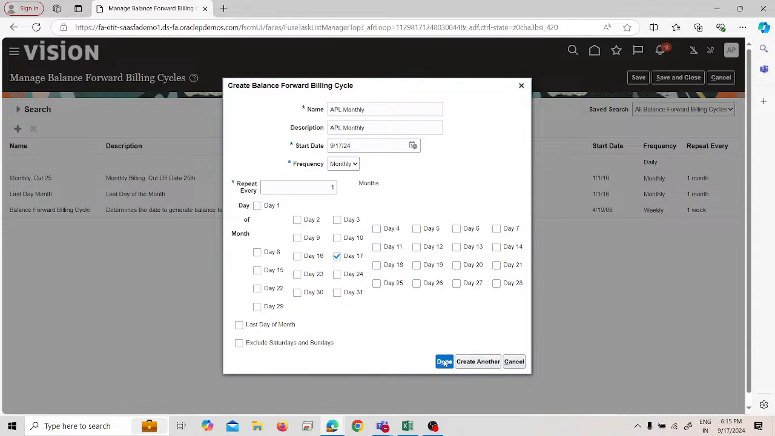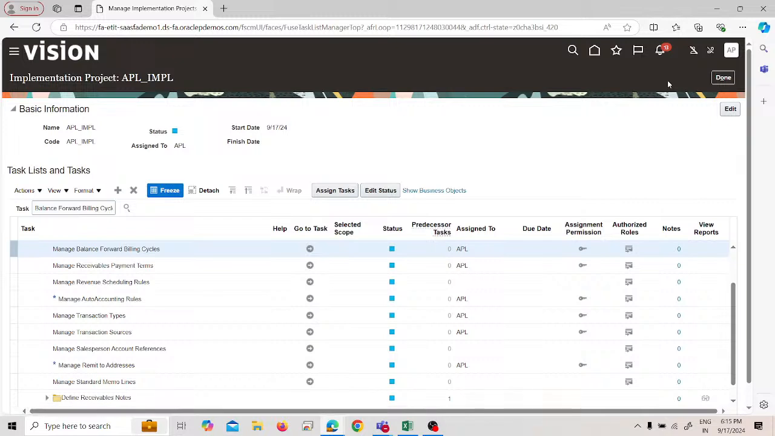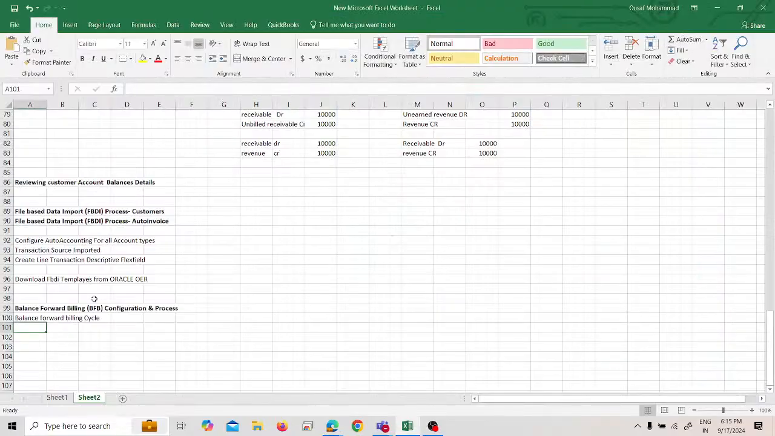So we create done. Now we can save and close. Now we have just completed the first step, that is manage balance forwarding billing cycles. Now the next step on this configuration process will be